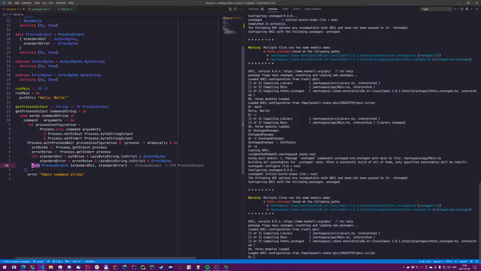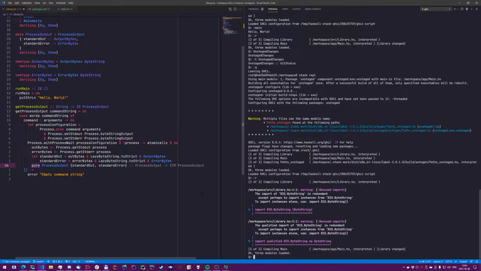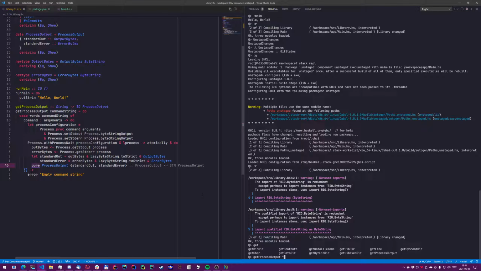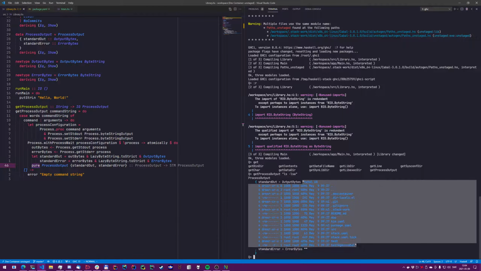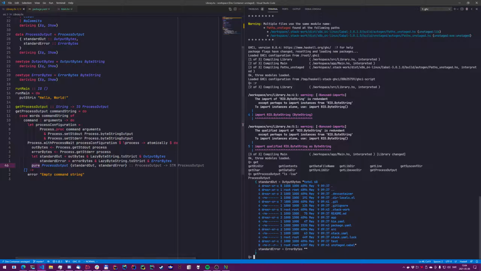So with this in mind, let's take a look at running this. Get process output with ls should probably give us something. And indeed it does. Here we can see the standard out is output bytes with this string, printing on by default in the development container, and we receive nothing on standard error. So now we have a way to run a command. The interesting thing here, though, might be